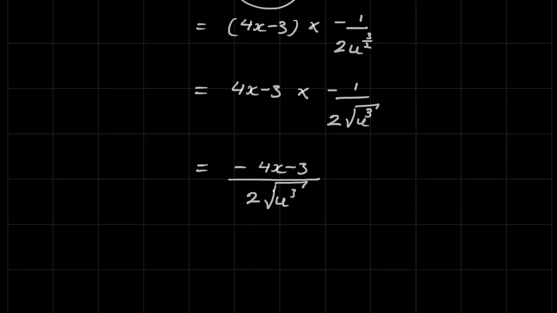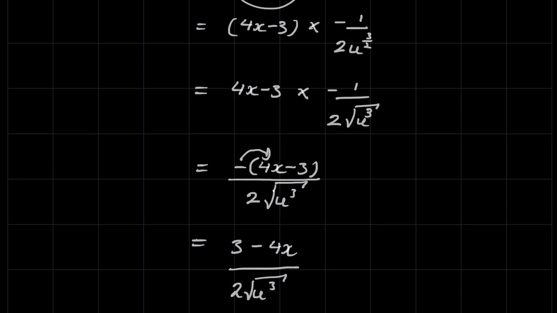We're not quite finished yet because we have this negative and negative up the top. So let's simplify that a little bit. We'll bring this negative in here and write it in the preferred way. So this would be positive 3 minus 4x. And the bottom is still going to be the same, 2u cubed,